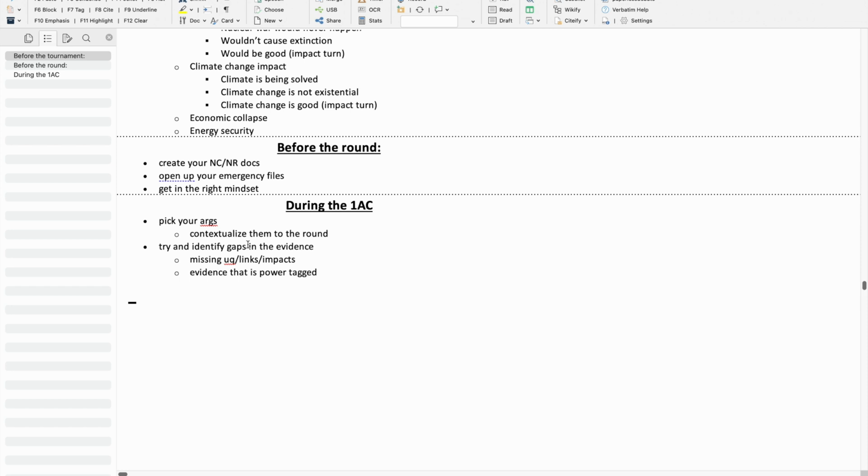As soon as you're done with that, you want to start looking at the affirmative's actual case and start looking for problems with it. So are there advantages that are missing uniqueness? Are there cards that are power tagged? There's not actually any evidence saying that there is a link. Are the impacts missing? Or are they missing internal links? These are all things that you want to try and identify before you add your solvency arguments and before you start writing your analytics. Hopefully by the time that cross-ex has happened, you've decided generally what arguments you want to make on case